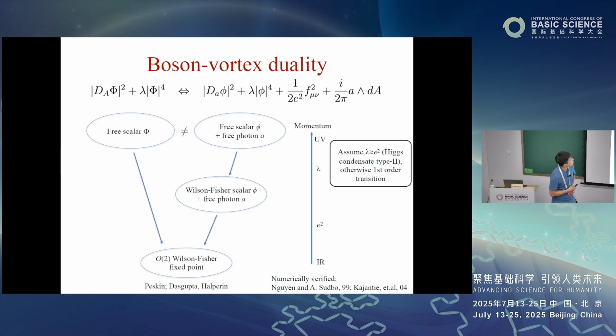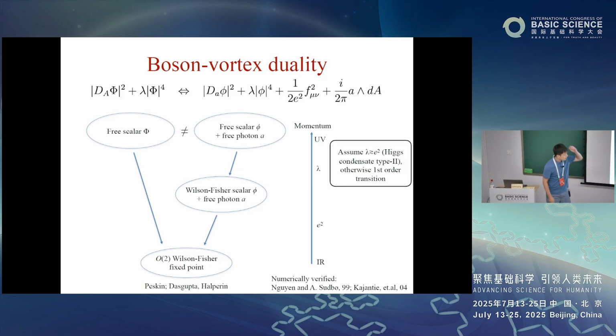So you have again a φ⁴ complex scalar theory, but now coupled to a dynamical U(1) gauge field, little a. Oh, by the way, in this talk, this capital A typically means a background gauge field. It's just a number that I put in to probe the theory. But little a typically means a dynamical gauge field, something that you need to integrate over in the path integral. You couple this φ⁴ theory to a U(1) gauge field with a Maxwell term. And the background gauge field is coupled through a mutual Chern-Simons coupling to the dynamical U(1) gauge field.